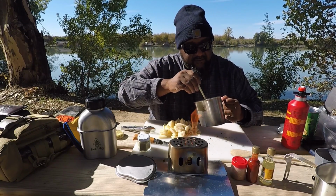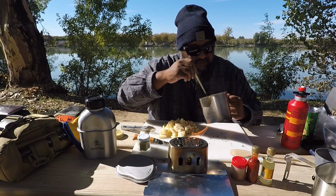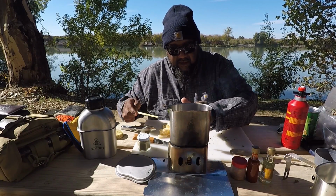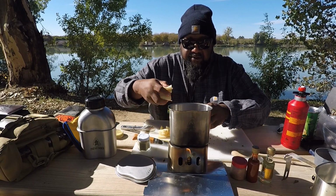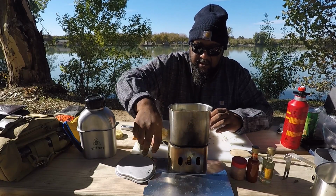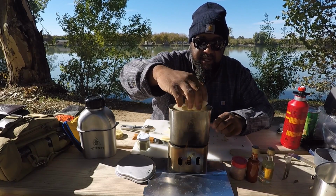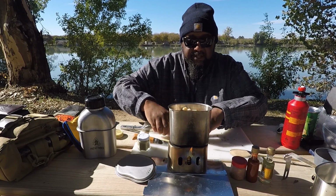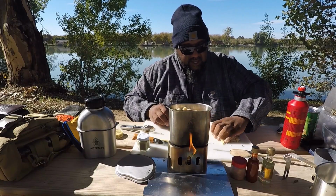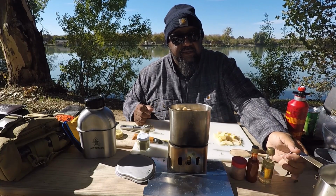Alright, so those vegetables have had enough time. Parsley softened up, onion, garlic, everything softened up real good. Meat's brown. Now what we're going to do is add our potatoes to the pot. This is my trick. So this way, I don't overfill the thing, which I'm almost doing, even with the 2 potatoes. There we go. It's going to cook down some, but I still got to put all the vegetables in it. So I got about that much leftover potato. I don't know if you can see it, but about a 1/4 cup. So it didn't take too much potato, but now